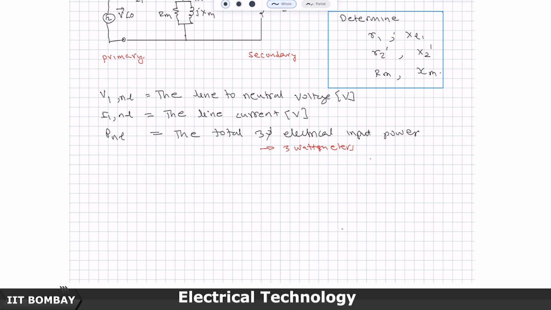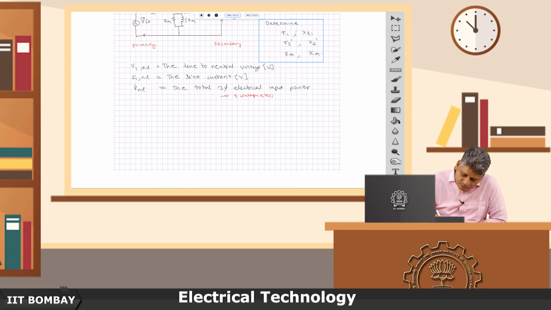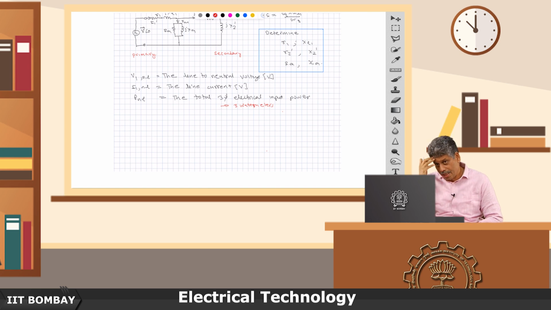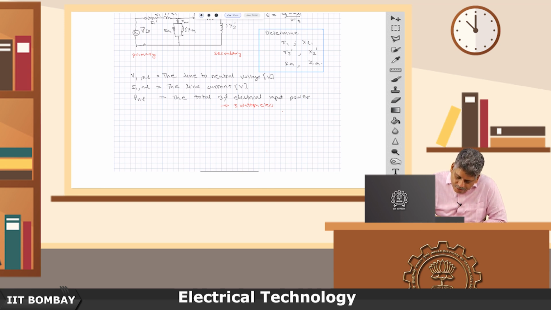Why? Because together they just act on one node which is connected on the shaft. So, automatically it will get distributed equally among the 3 phases. There is no rocket science really required about it, but one should measure all of that and then go about it. Now, there is one more thing which I think we did not do in the transformer, but one more thing that we need to do here is, for resistance R1